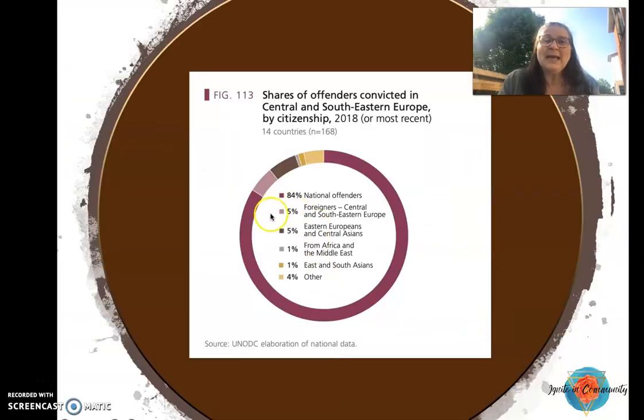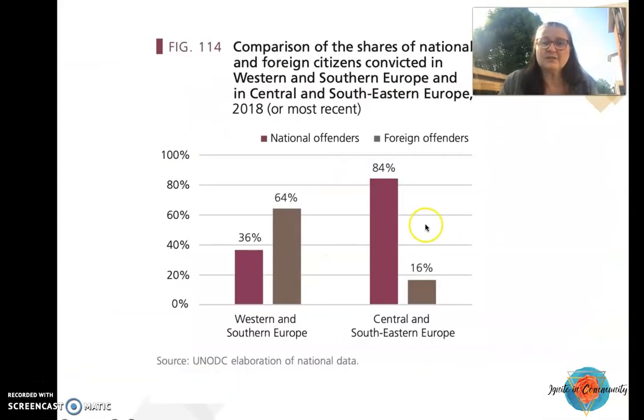What a drop. 84% of those individuals are national offenders. And when you compare the national offenders to the foreign offenders for Western and Southern Europe and Central and Southeastern Europe, you can see these are the destination countries. This is where a lot of the victims are coming. Their economies are not as strong, so that need to work abroad is stronger here. These are the areas that a lot of the trafficking victims are going, and a lot of this is for